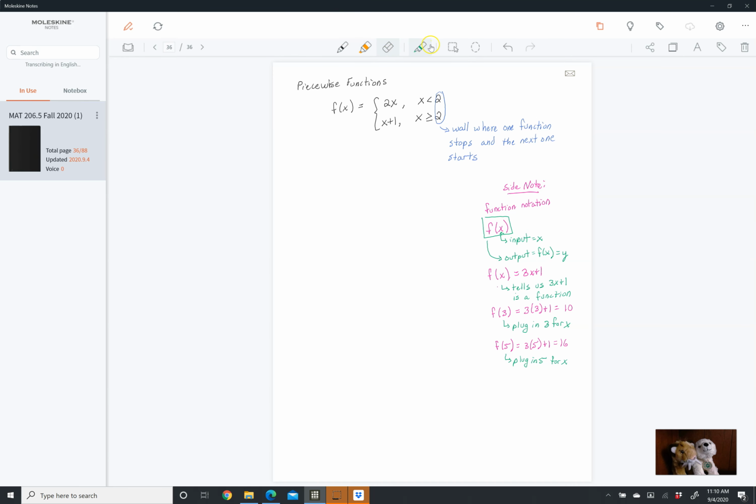Okay, so this is our little side note. And I'll box it off. Okay, so before we think about graphing a piecewise function, let's just evaluate a piecewise function. We're going to evaluate a bunch of different values. Okay, so we're going to figure out what y is given all different x values. So based on this function here, notice this is a side note now, we're moving on. Okay, let's find